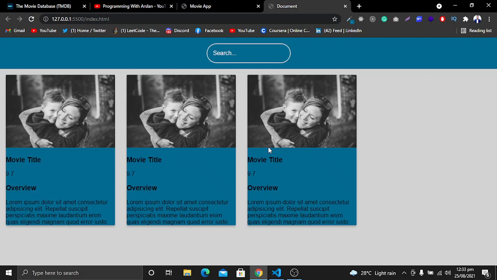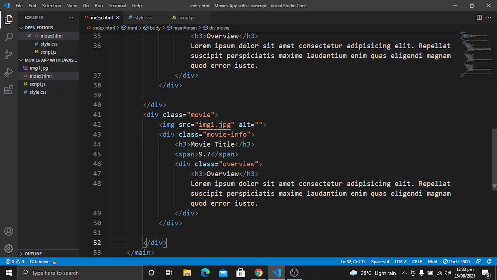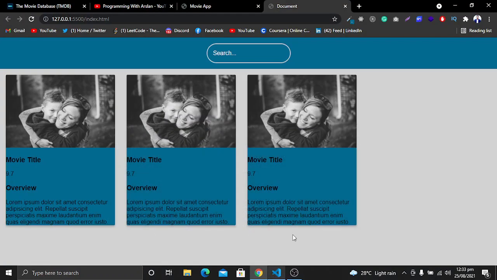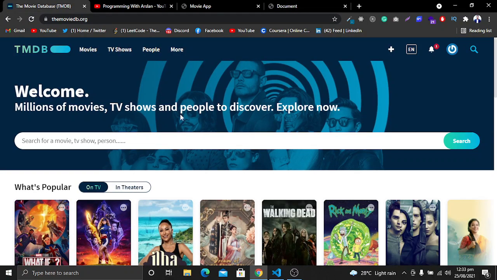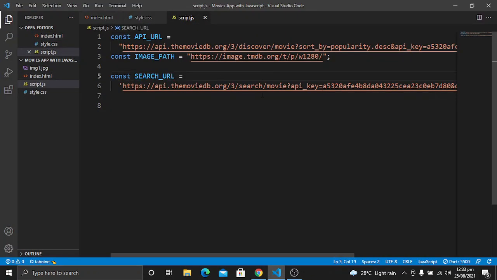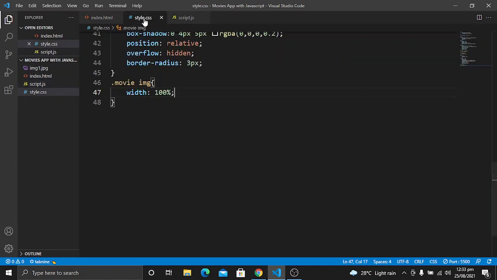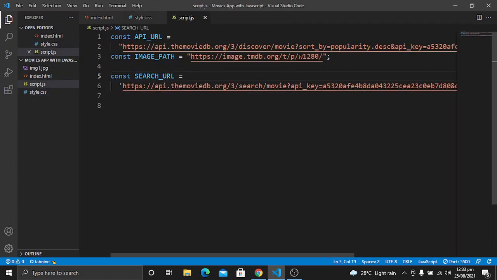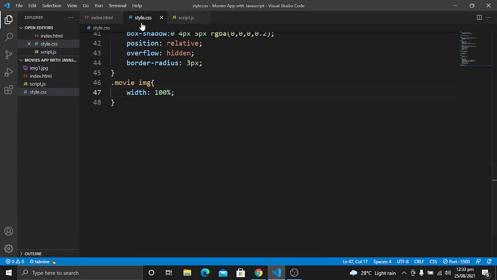When we start JavaScript a few minutes later, we will remove all of these movies from our HTML file, and all of the data will come from the movie database, because we will use these APIs and fetch API to get data. I will also tell you how you can use these APIs and how you can get these APIs from the movie database.